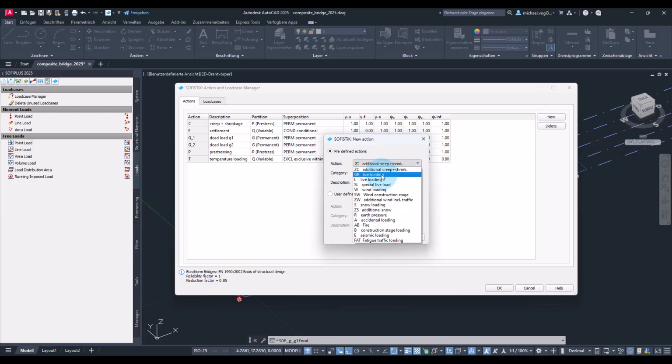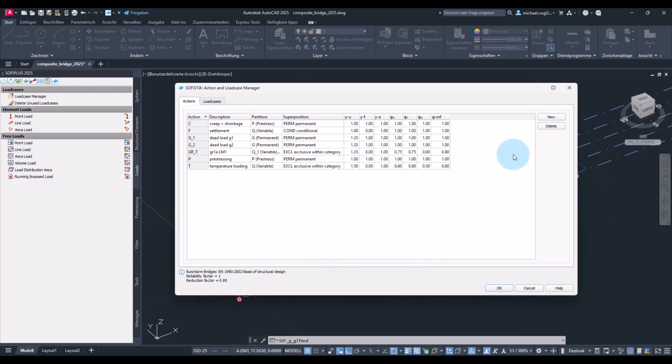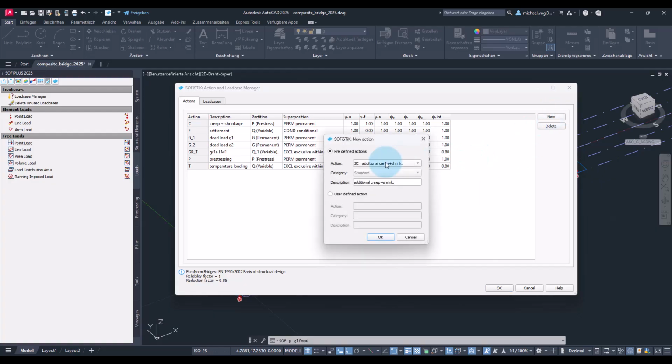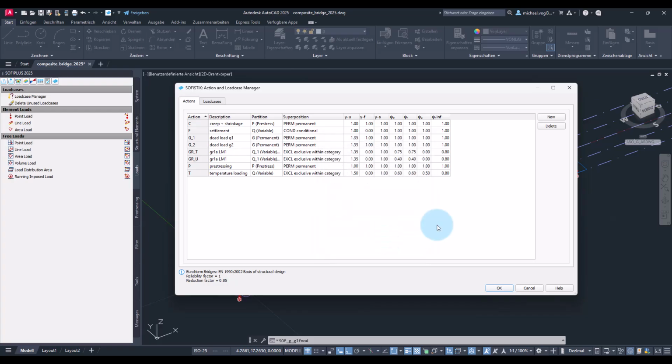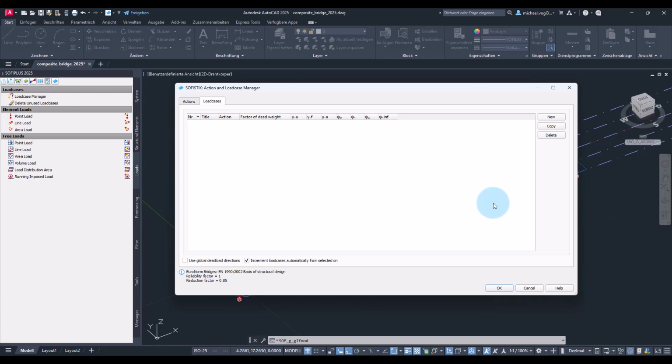So here I create action for live loads of category T, which will be used for the axle loads of the tandem system and the corresponding results, and for the area loads of the traffic load model LM1, so the UDL loads, I will also create further action of category U. Okay, and with that we can start now and create load cases.